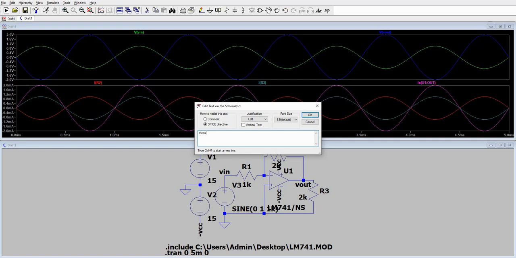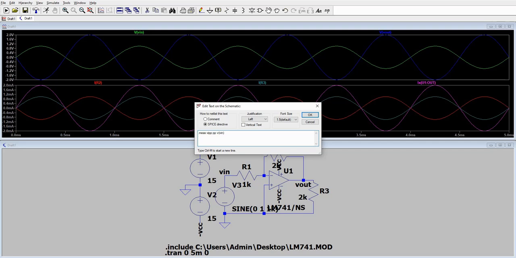Let us use Vipp, then double P for peak to peak value, of the variable that you want to measure, which in this case is V in. Then press Control M to start a new line.